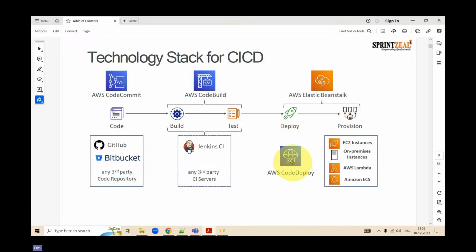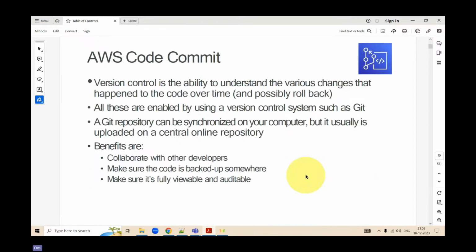So we have three steps: CodeCommit, CodeBuild, and CodeDeploy, or you can say CBD, that is commit, build, and deploy. That's correct. Now let's go one by one and understand what each has to say.